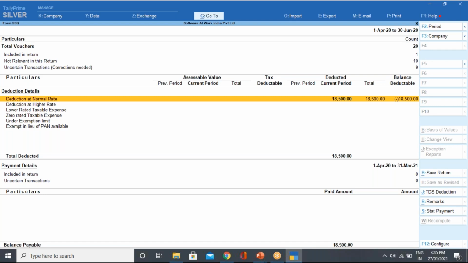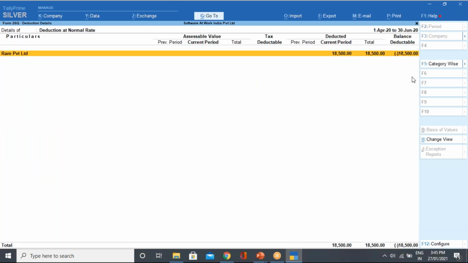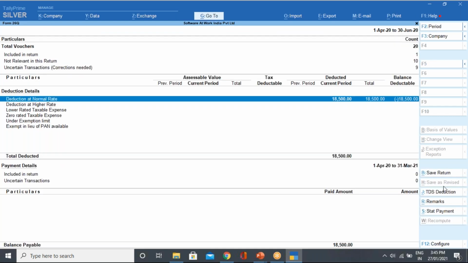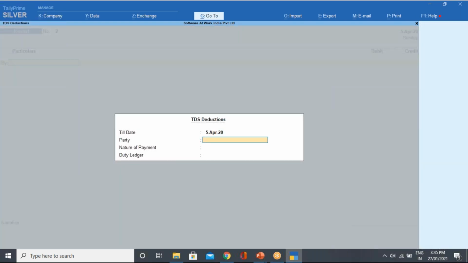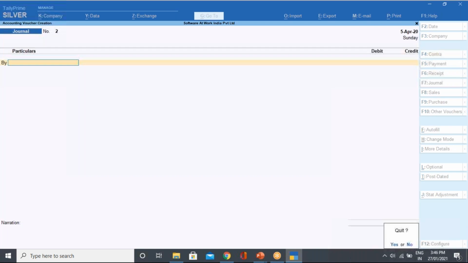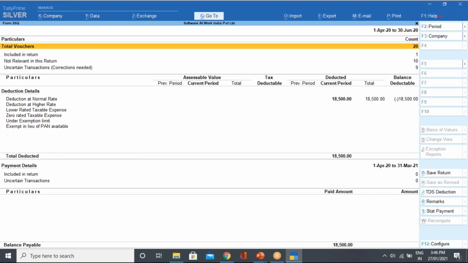Okay, so this is how the information will come in your system, that this is how it is deductible at the normal rate. Okay, 18,000. The balance deductible shows a minus, but even though you click on the TDS deduction over here, nothing is there. It has already been deducted. So this is how your information will come in your system.